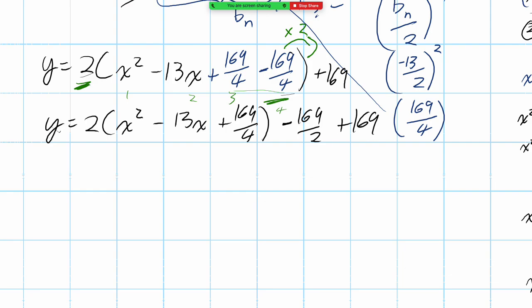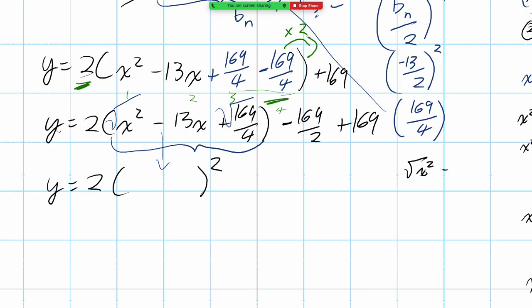The reason we've done that is because this in the middle now is called a perfect square trinomial. And what that means is if I square root the first and the last term and I just bring down the middle operator, I can represent it as one bracket. One bracket squared, which is what our vertex form is going to look like. So if I take the square root of x squared, that's the x. The operator in the middle is a negative, and the square root of 169 over 4